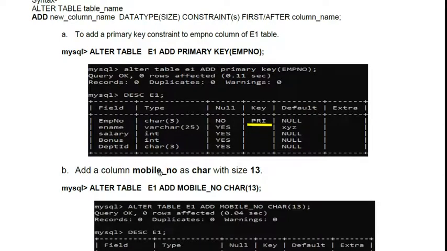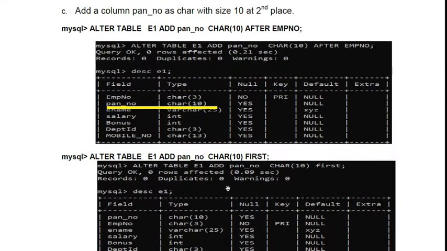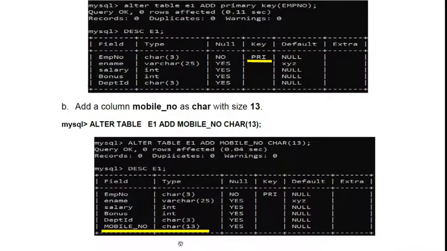So the default is at last, and you don't need to mention first or after. That is optional. Alter table E1 add mobile number char 13. Okay, with the output, mobile number char 13 is now added and it is displayed at last.